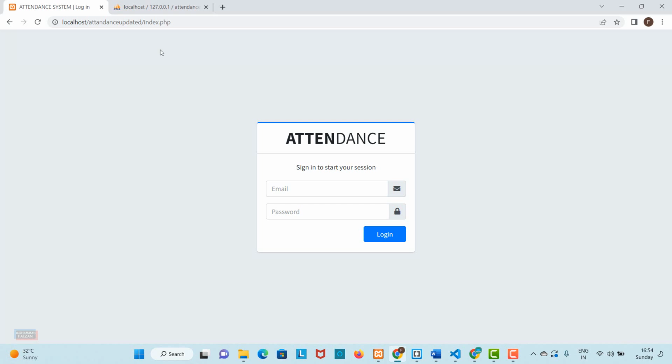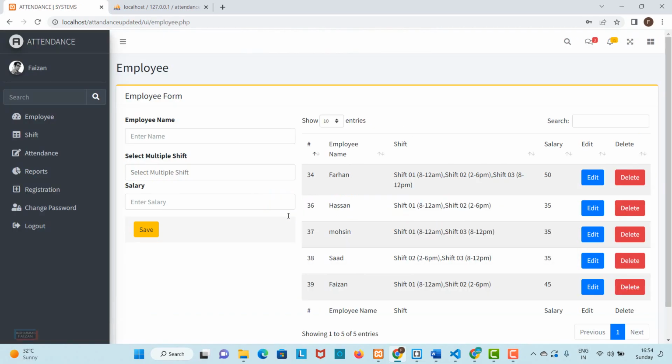Here is our login page, and we can log in from here for the admin section. And here I am putting my email address and the password. You can see here the message login success, and we can see here the employee.php page in the starting after